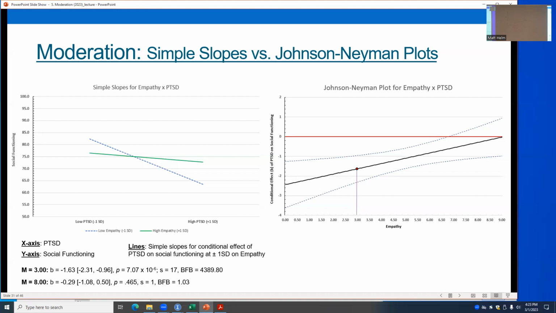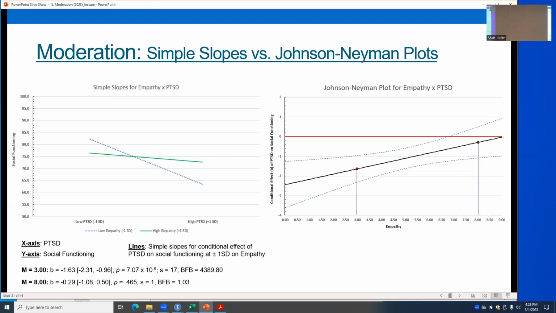If 0 is my red line, if that's the threshold, where the simple slope is equal to 0. So do I have evidence for an effect here? Yes, right, because the upper bound of my negative estimate is still below 0, so I have evidence for an effect here, right? And if I go through and take a look at 8,